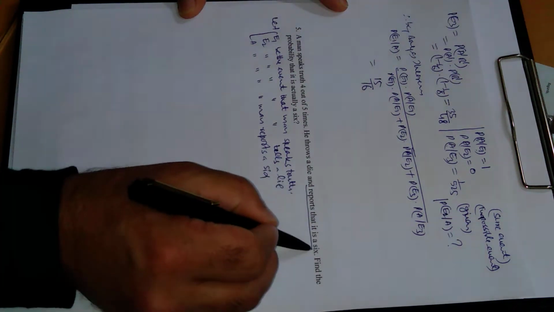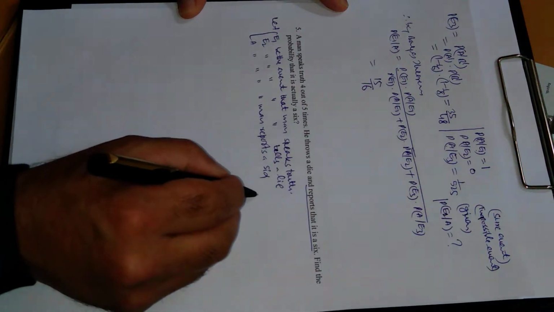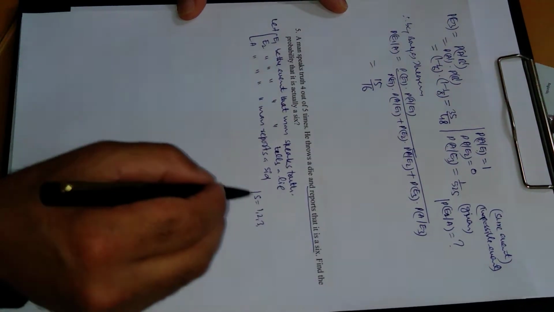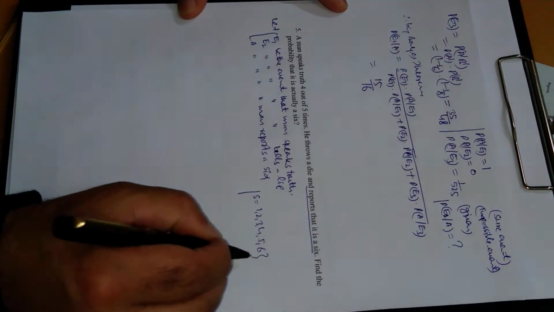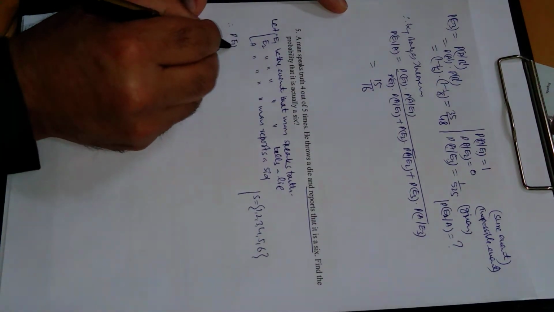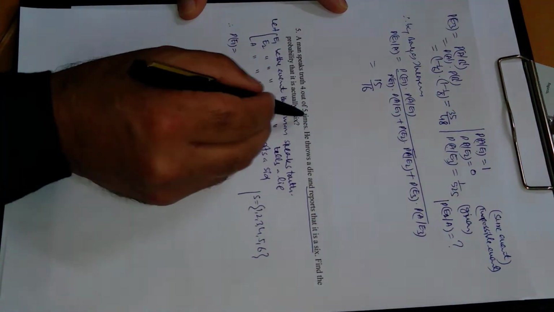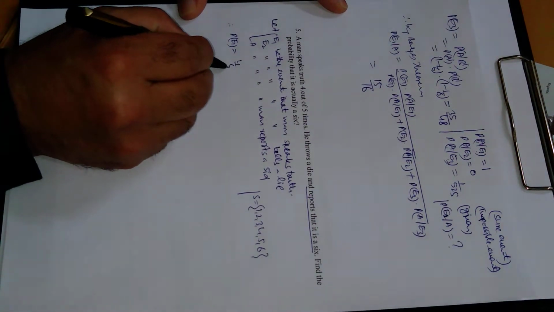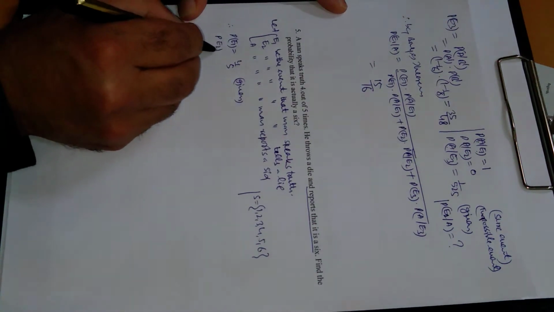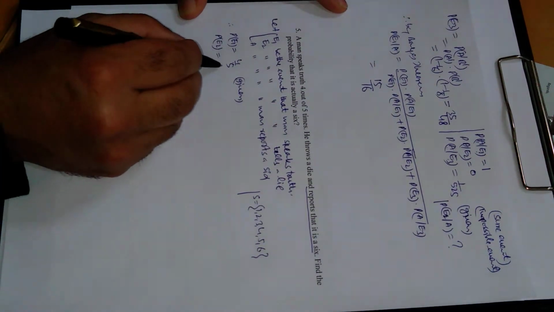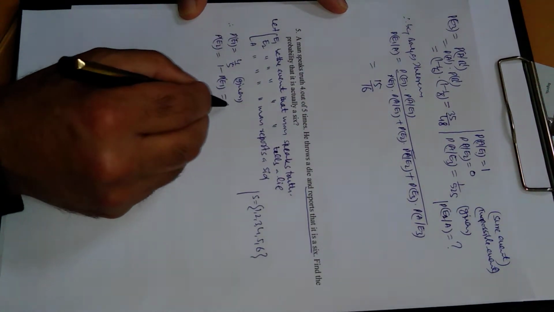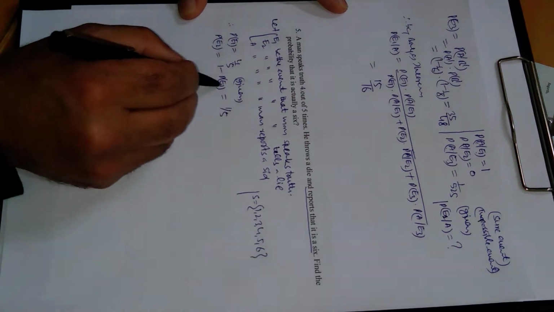Since we know the sample space for throwing a die is 1, 2, 3, 4, 5, 6. Therefore, the probability of E1, that he speaks the truth, because he speaks the truth 4 out of 5 times: favorable outcome 4, total 5. This is given. P of E2, that he tells a lie, means just the opposite of this one: 1 minus P of E1, which upon simplification will come out to be 1 upon 5. Just substitute the value of E1 here.